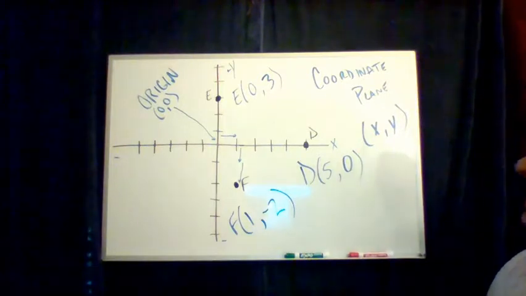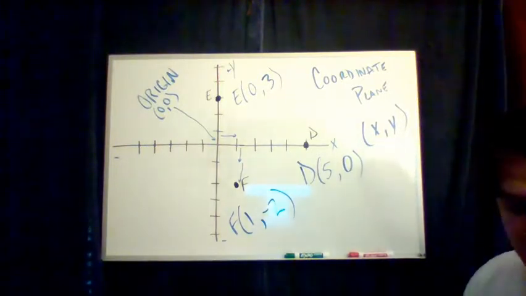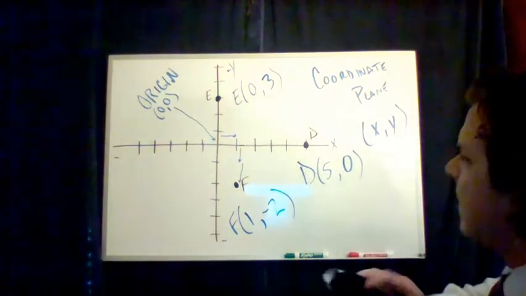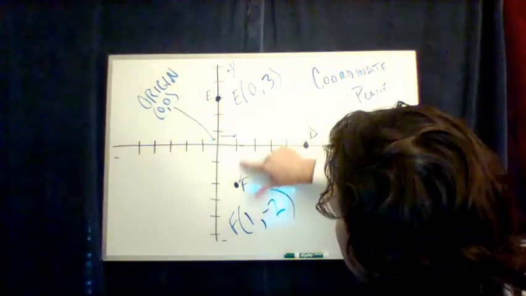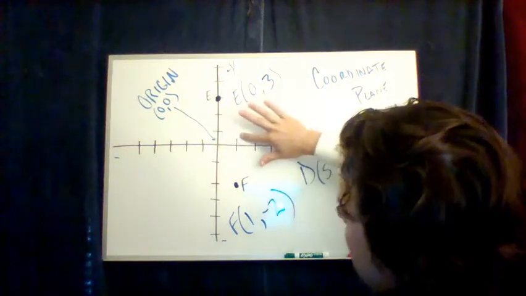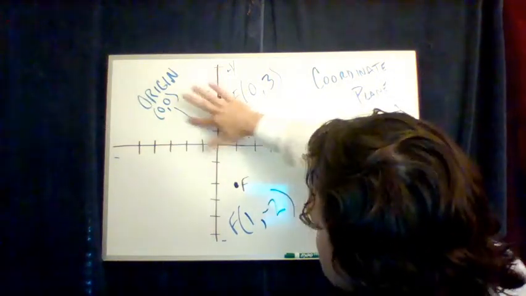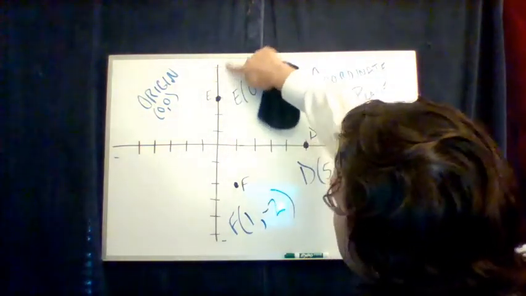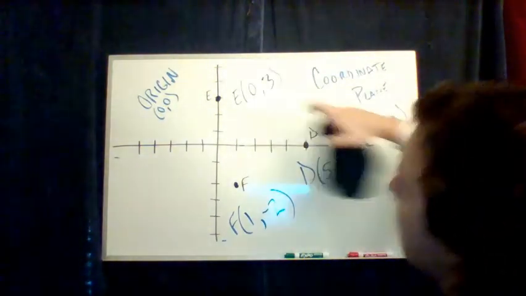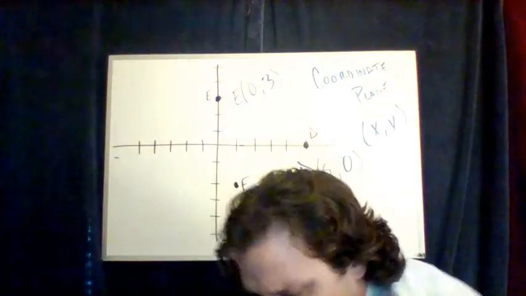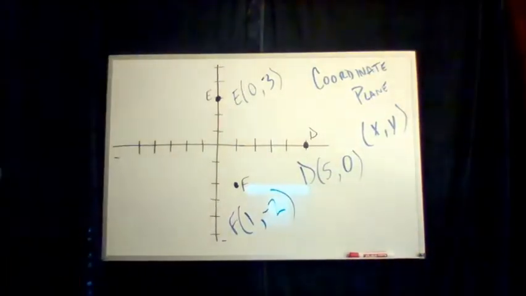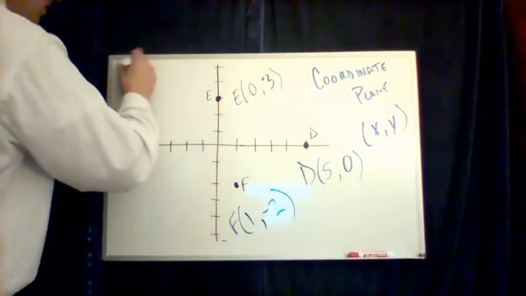All right, so what if we did it differently then, right? We just found all the points for E, D, and F, but what if we did it a little different? What if I said we need to plot them ourselves, right? And I'll explain what that means. And so I'm going to go ahead and get rid of, there we go. What if the instructions told us to plot